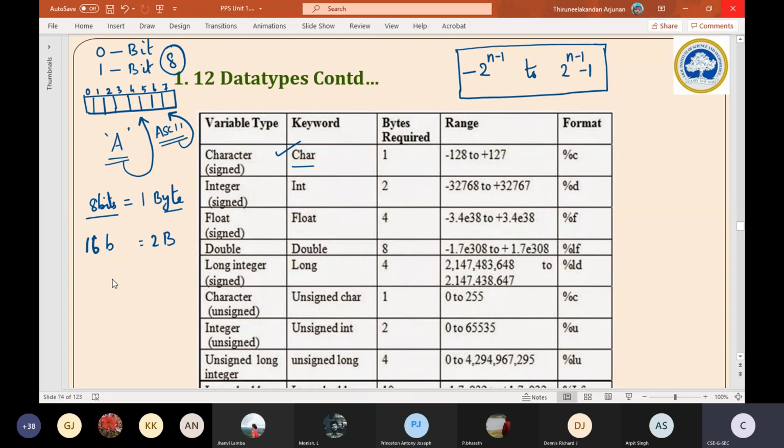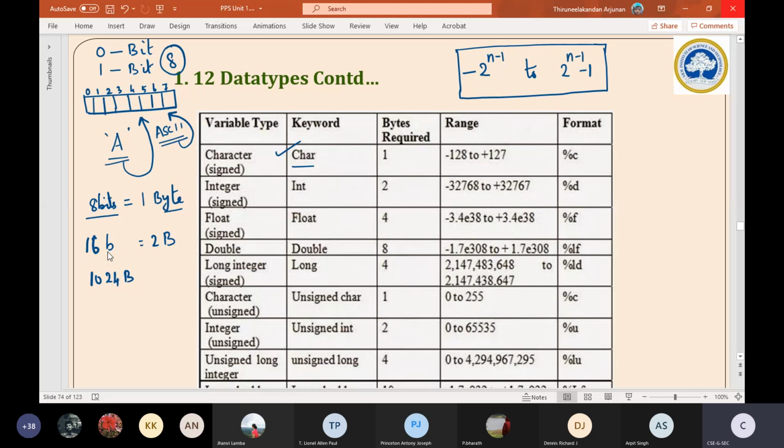Sir, how many bits or how many bytes constitute 1 megabyte? Can anybody answer? Sir, 8 bits equal to 1 byte. That is correct, 8 bits is equal to 1 byte. I have written it; is it not visible? The first line itself says that: 8 bits is equal to 1 byte. And similarly, I simply made it twice of this, so 16 bits is equal to 2 bytes.